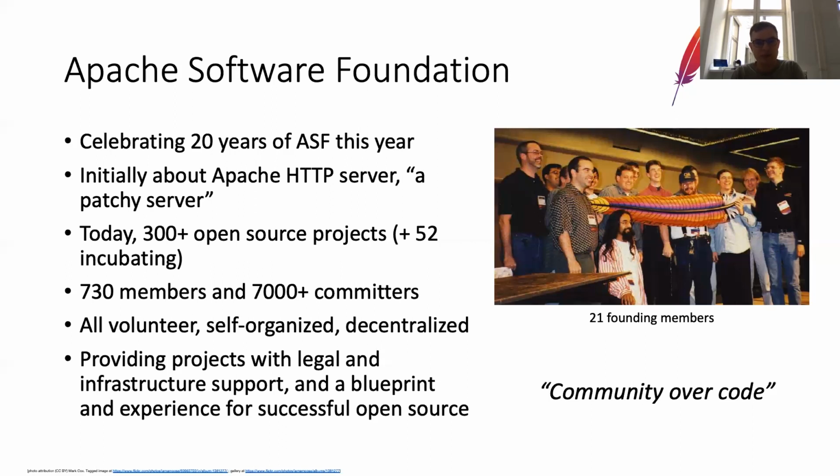perspective on different problems. Another important concept that explains community over code within the Apache Software Foundation are the different hats that people are wearing. So one hat is that people distinguish between their role as an employee and the interests of their employer within the community versus their individual interests. So we want to make sure that committers in an open source project like Flink are not only working towards the interest of the employer, but also towards the interest of the project, so that the project is healthy and